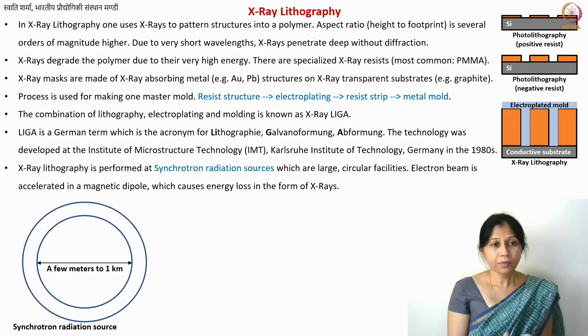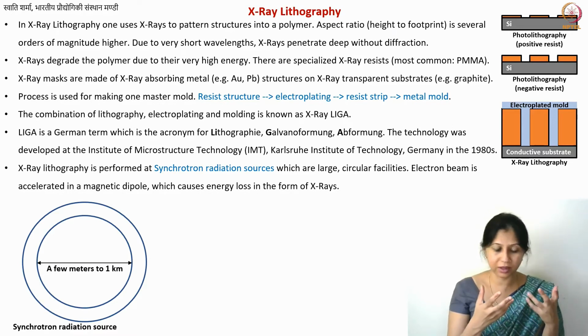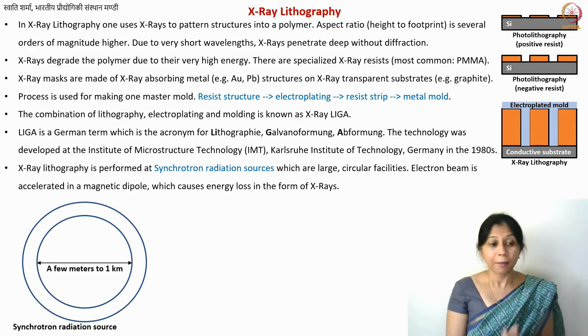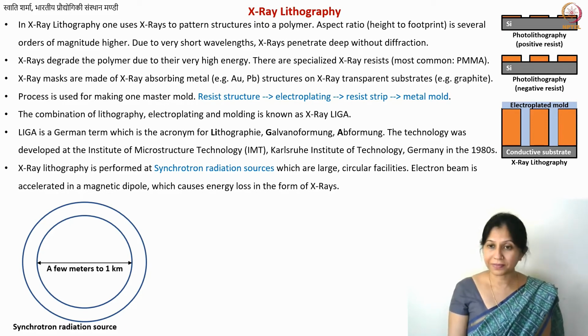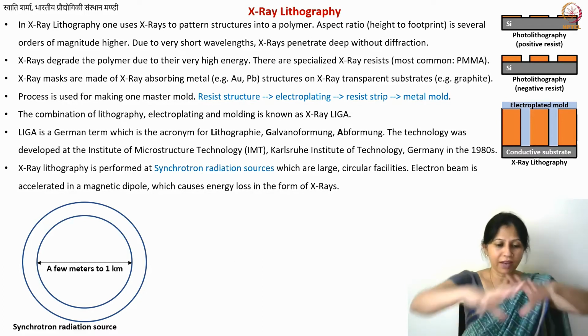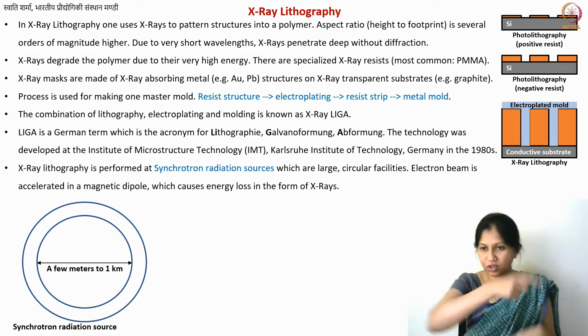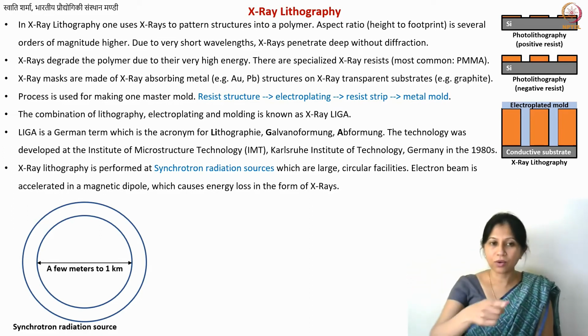Now, where do the X-rays come from? There are cathode ray tubes, and for medical purposes you can have different sources of X-rays, but you also have something known as synchrotron facilities, or synchrotron radiation sources. What happens in these synchrotron sources is that you have a really large facility, a building which is circular. As you see in this image, the diameter of these facilities can be up to 1 kilometer.